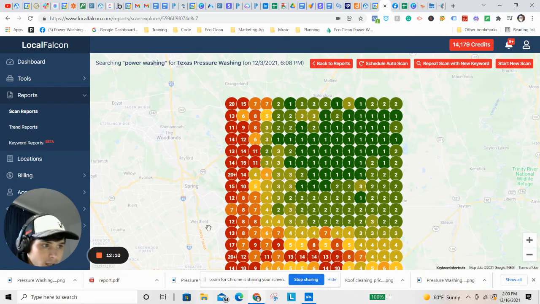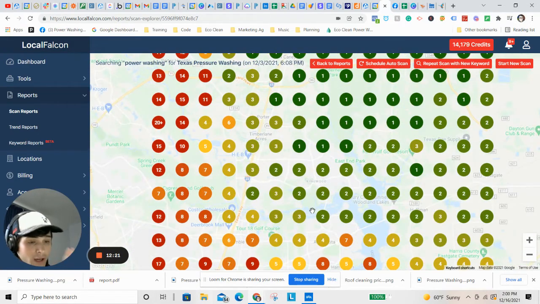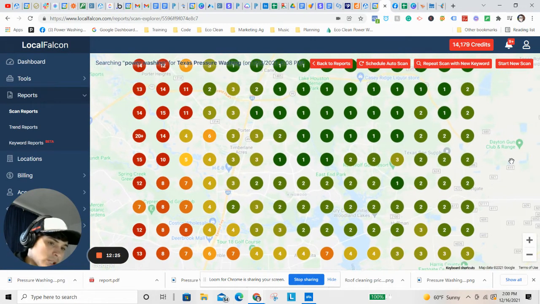So he's obviously ranking 11th, 9th, 8th, 6th, not ranking as high over here, but he's also not serving over here quite as well. This is his main service area, which is why he's ranking so well. So this is Google My Business. I can run a quick report on this for you as well if you want me to. Just go through and fill out the next step of the process, and I'll run